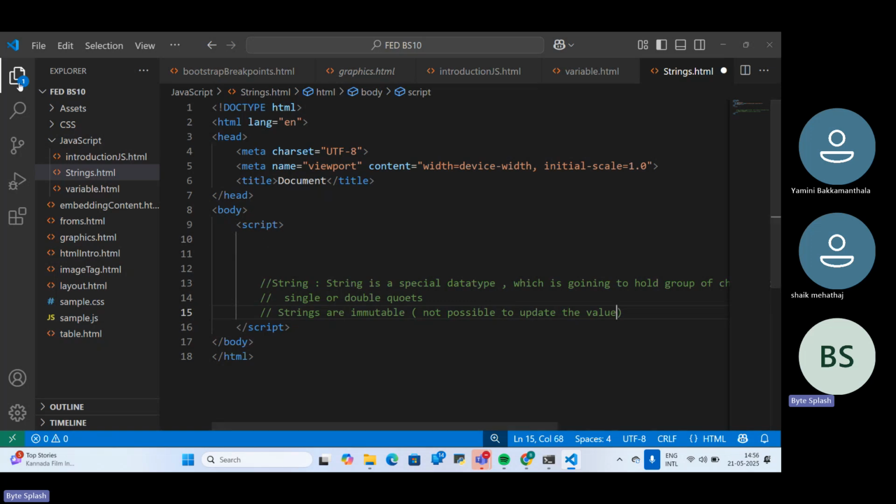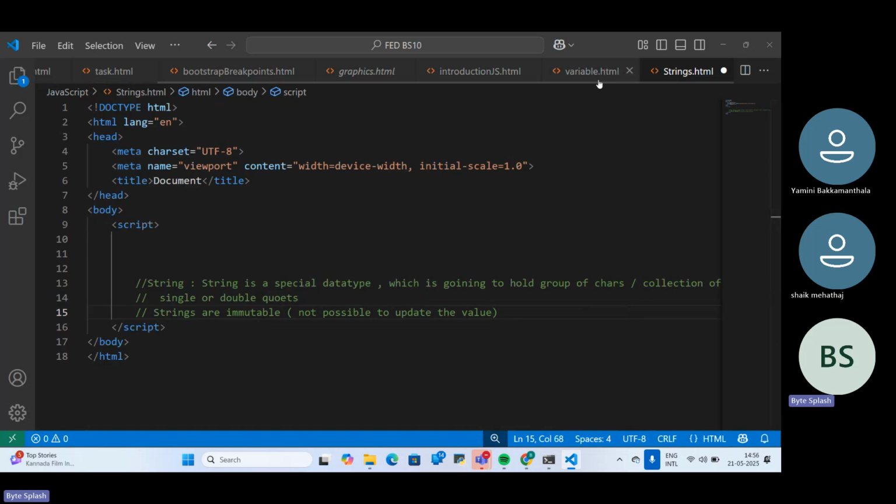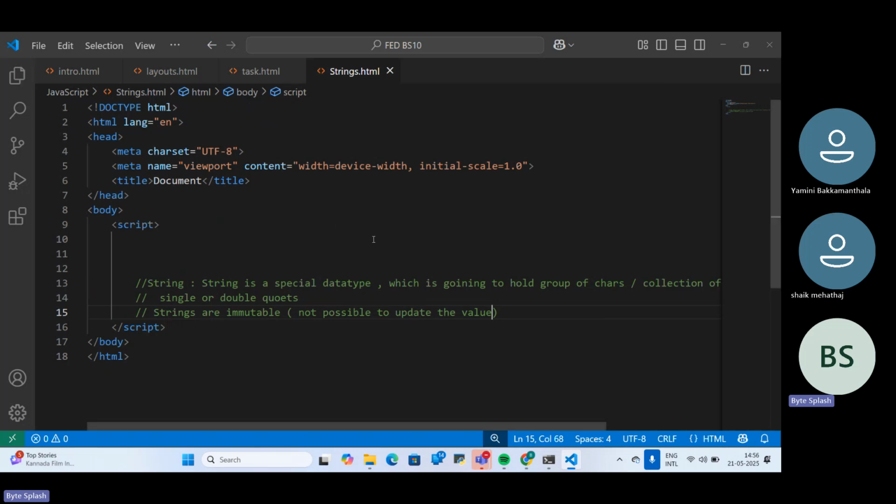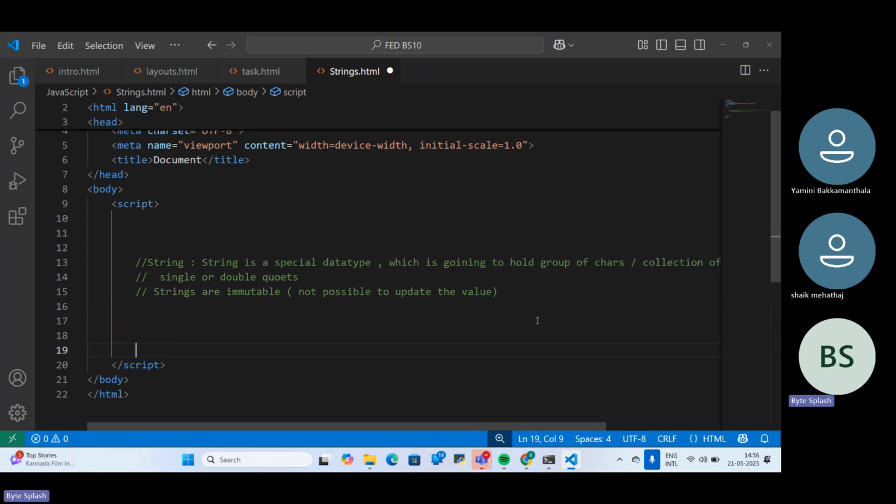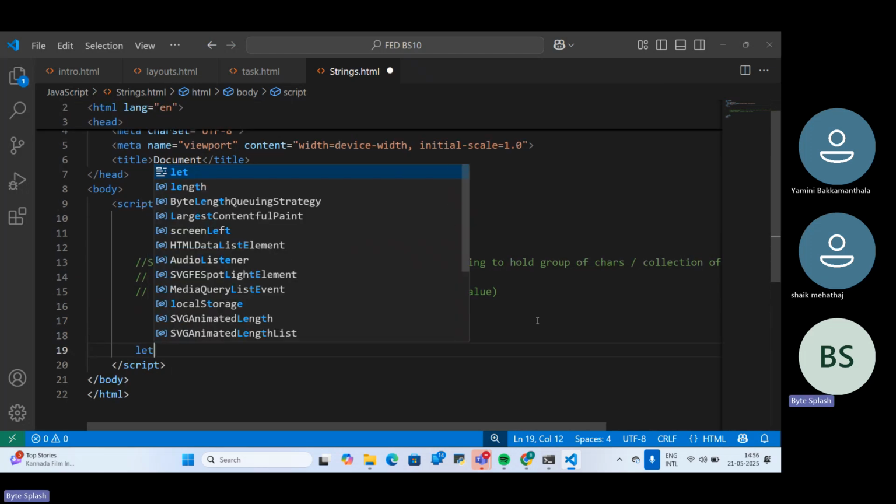All primitive data types are immutable, not only strings. Either you are able to reassign the value, but the existing one we are not able to update. Now I'm going to take let